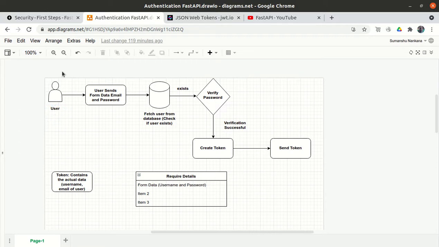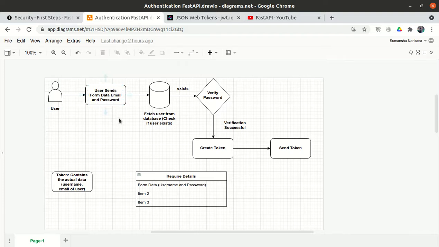There is a user, right? And the user will log in to the website. So if the user logs in, or clicks on some button, either the login button or the authorize button, then as soon as the user clicks on that button, one form will be generated. That form will ask you to enter your username or email address and your password, right? So the user will enter those details and hit enter.